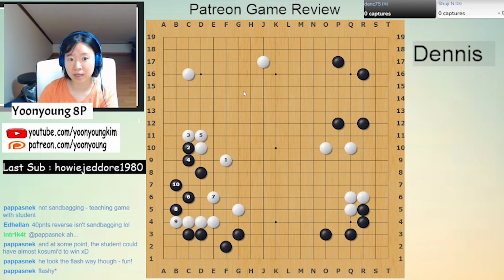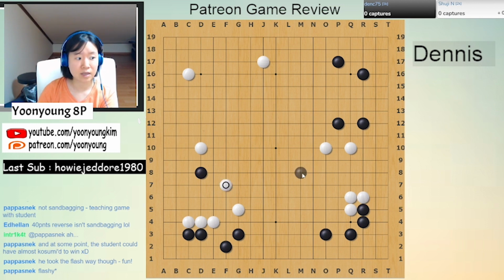Then white just makes points on the upper side. White got bigger than black, on the bottom. White got bigger points than what white was supposed to get. I'll use this. But in the actual game, white played here. Then another invasion